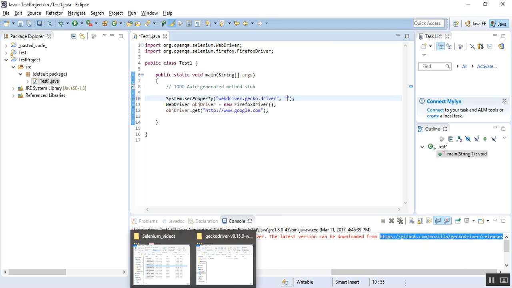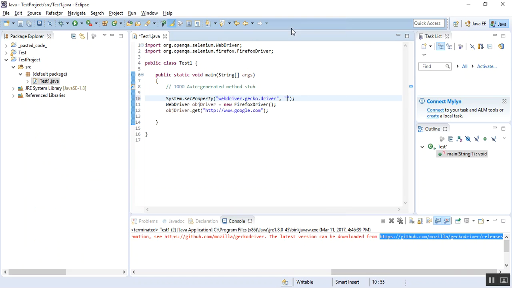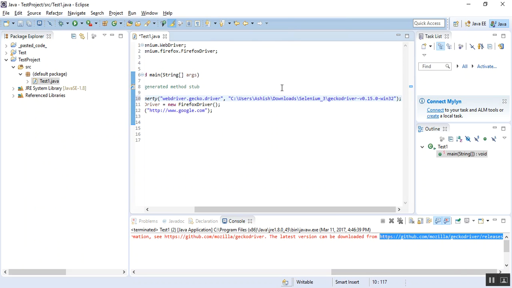So on my system the path is this. I'll use this path and paste it over here. I'll use double slashes because Java does not recognize a single slash, so to avoid this error, we have to use double slashes.